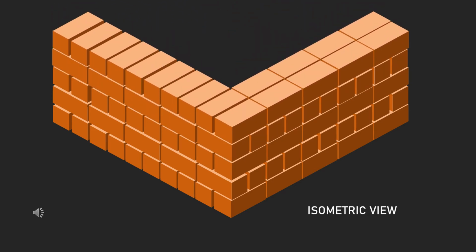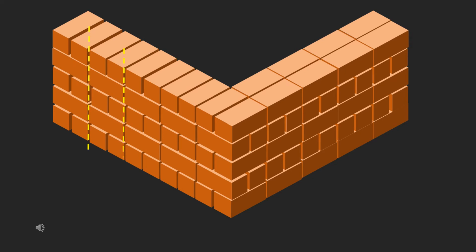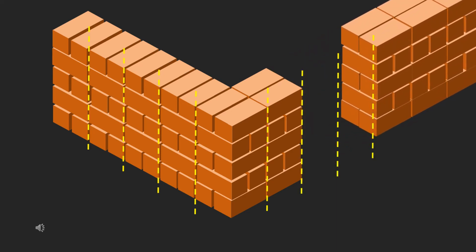Now let's take a look at the arrangement of bricks in the odd and even courses in isometric view, which will make things a little more clear. Here the yellow dotted lines represent the vertical joints. And as we have seen when we were learning about the basic principles of brick masonry, vertical joints should not be piled on top of one another, because that way it can cause cracks, because it is easy for the wall to come apart. So this is something that is not desirable.